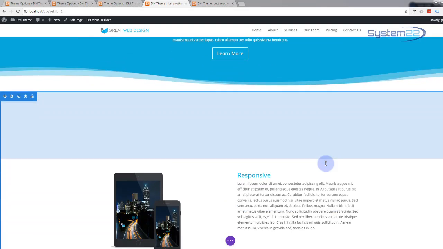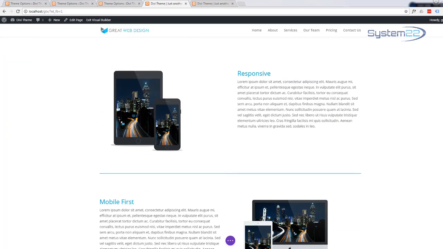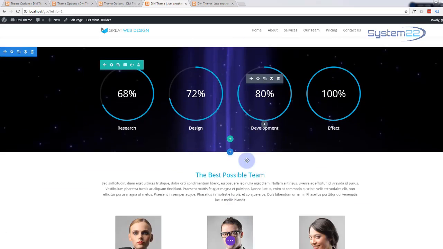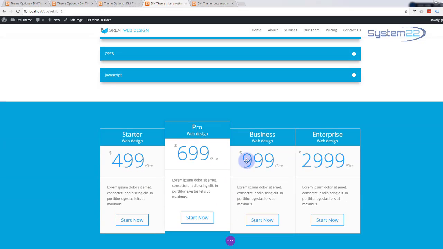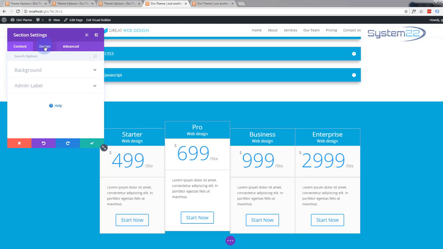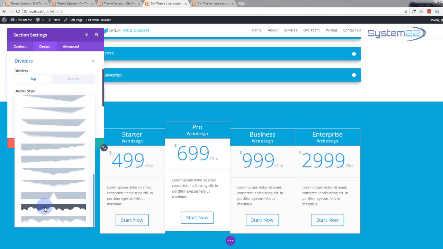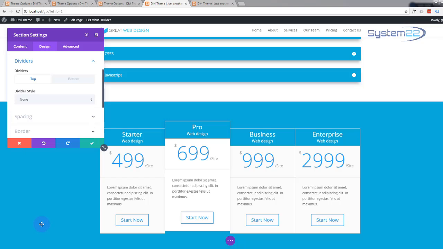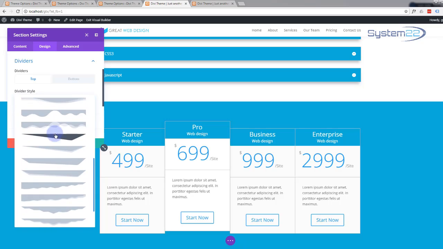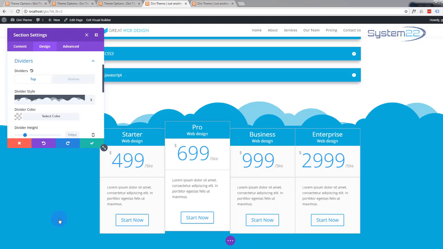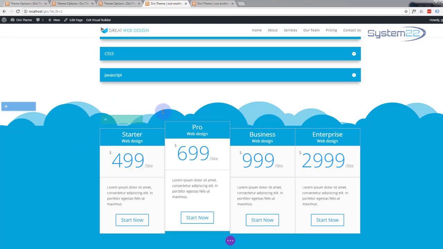Let's move on down. I think we'll leave those as is. But let's make these prices stand out a little more. So again, I'm just going to hit that cog. I'm going to go to design. I'm going to go to dividers. And I think I'll put something, again, curvy on the top, but let's use a different one this time. Or maybe something like that. Oops. For some reason it didn't select it. Yeah, okay. Just save that, and again, let's just make this section